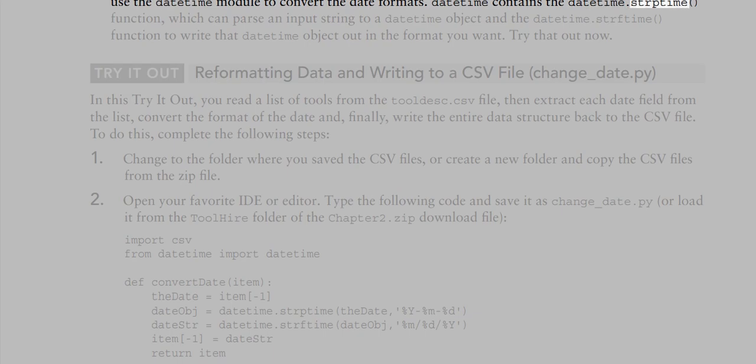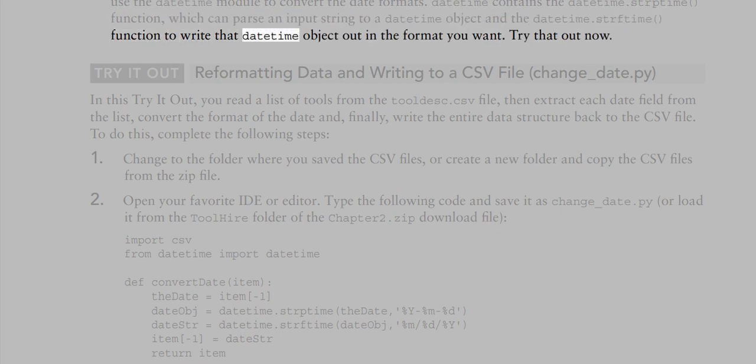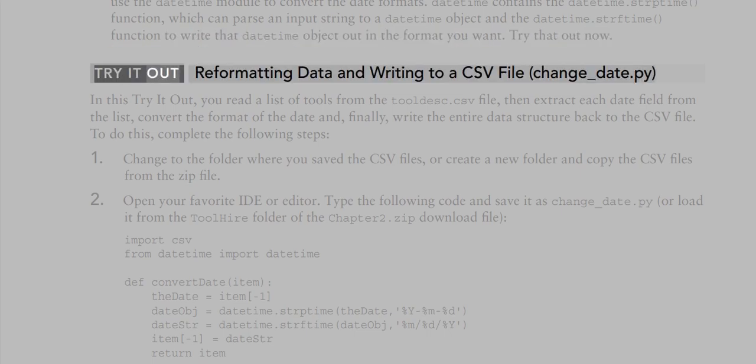Datetime contains the datetime.strptime function, which can parse an input string to a datetime object, and the datetime.strftime function to write that datetime object out in the format you want. Try that out now. Try it out reformatting data and writing to a CSV file,